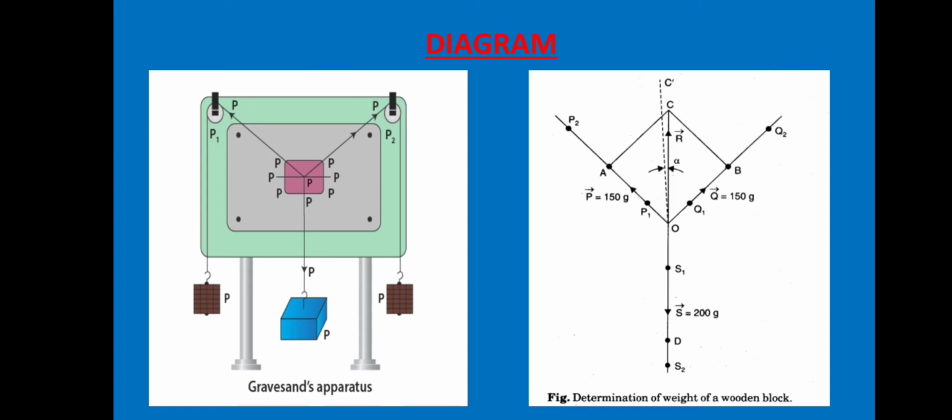That means when you are able to see the thread and its image separately, we will not take the reading. We will take the reading when the image and the thread both superimpose upon each other. Then we shall mark the dots on the white piece of paper, and then remove the mirror and detach the paper from the board, and then make the constructions.